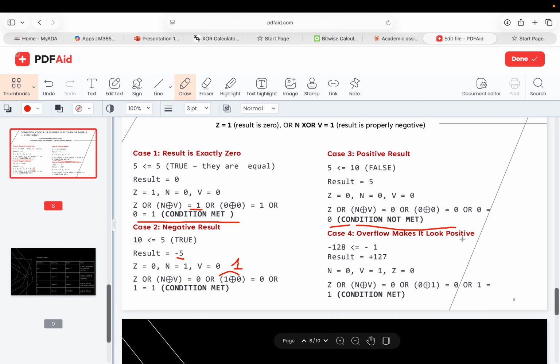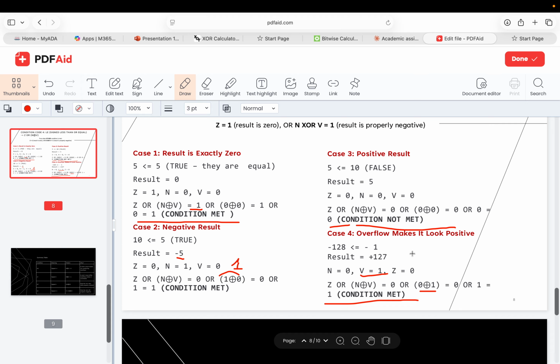We expect a negative number here, but this is a positive number, but the V flag is set to 1. There's overflow that happened here. So the Z flag is 0, naturally, there's no 0. One side of the OR is 0, but the other side of the OR statement, N XOR V, is set to 1 because there is overflow happening in this calculation. So the condition is met,